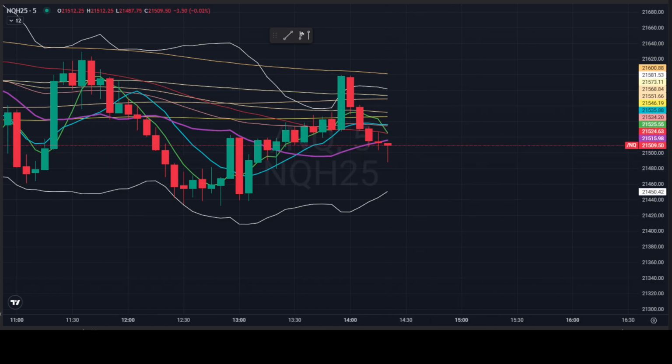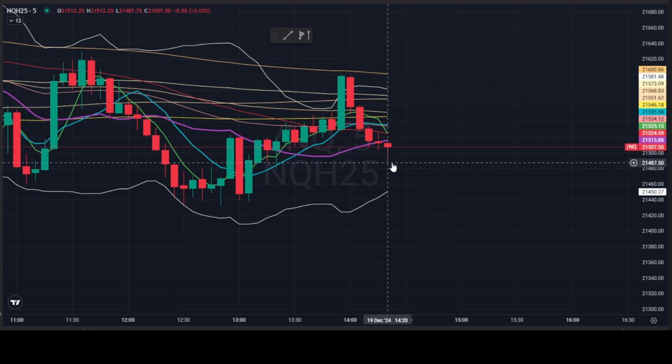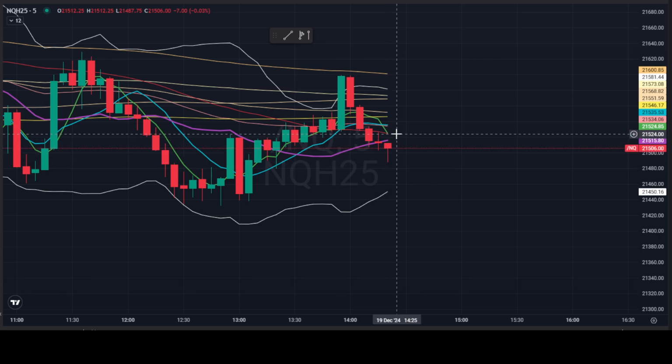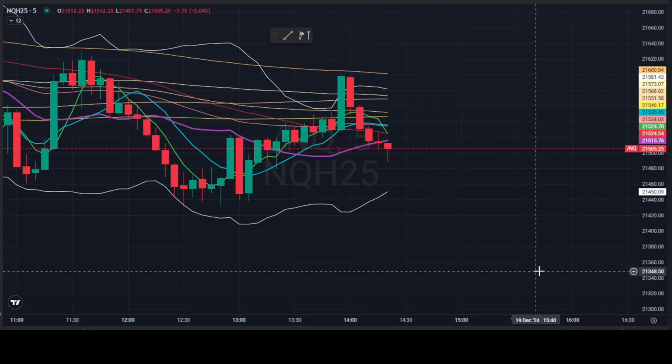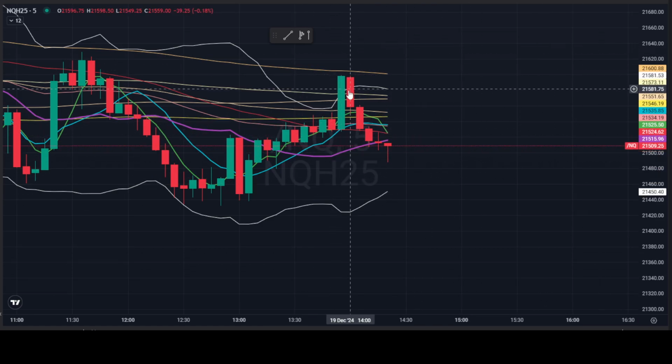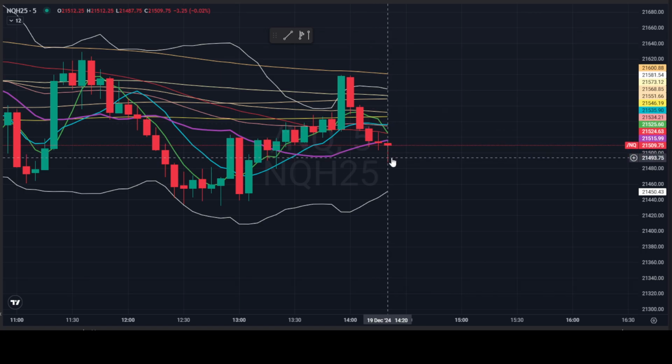So what that would look like again is if you reclaim this 20 period moving average, this is going to be your max pain, and you can drive this into like 525, maybe even 534. So you're just painting in between these lines. But again, market's looking a little weak. The only reason why I say you could get a break is because you've got